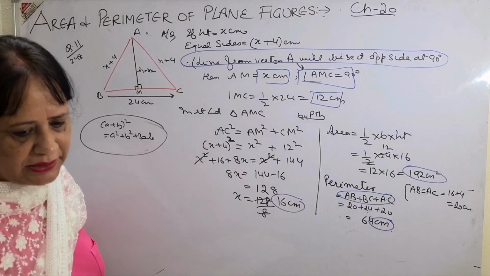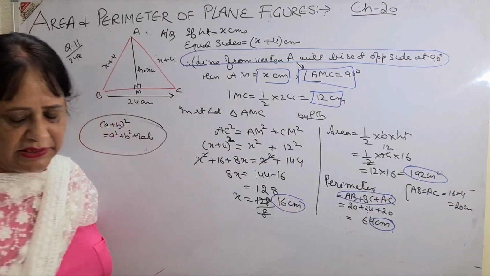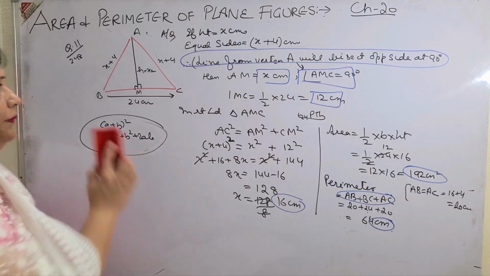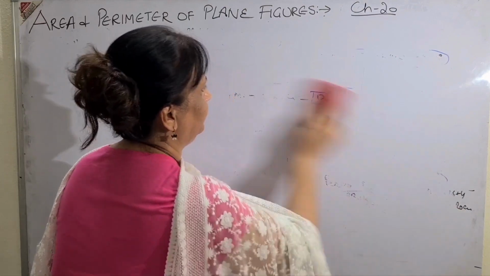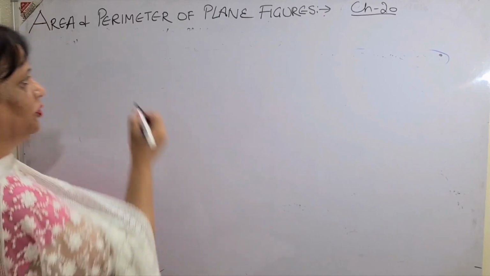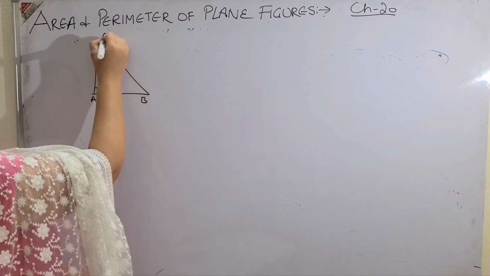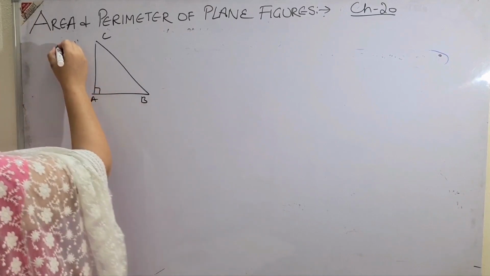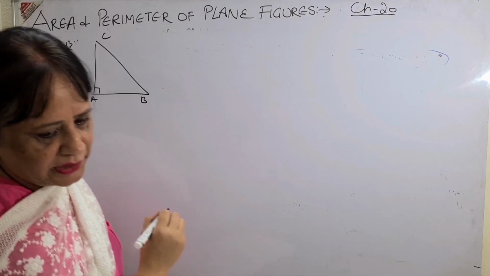Then come to question number 13, a very simple one and a very important question of the compulsory section. Question number 13, please read along with me. In a triangle ABC, angle A is 90 degrees. So again, you know angle A is 90 degrees. So this is your triangle ABC. This is question number 13, page number 248. So A is 90 as mentioned in the question.